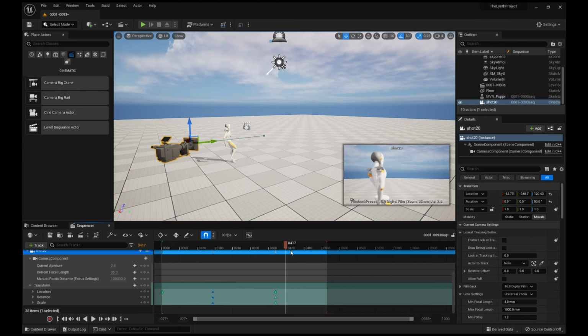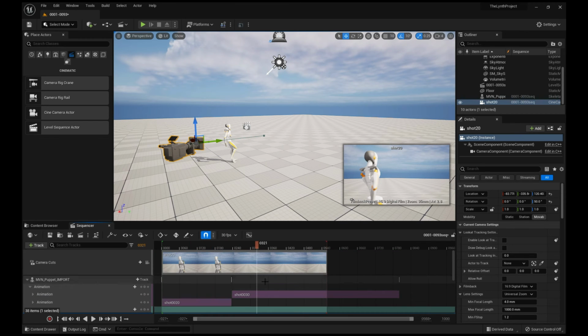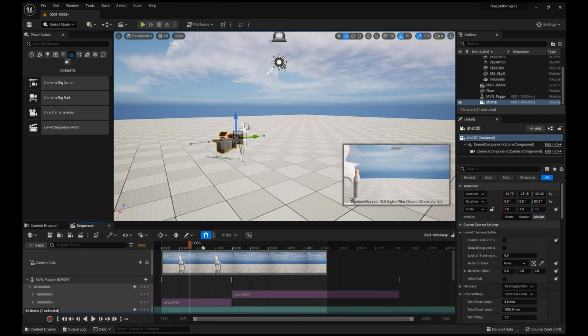You can't see it because I forgot to add the pop-up afterwards, which is kind of a pain. There's a little jumping there because this is where we switch from shot 20 to shot 30, and the mocap